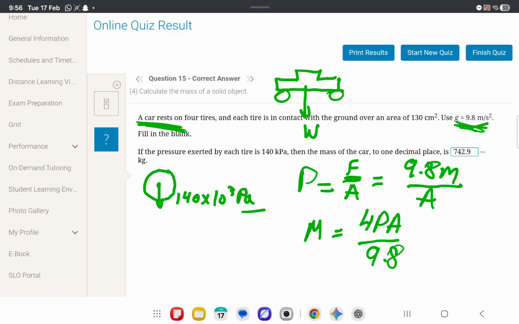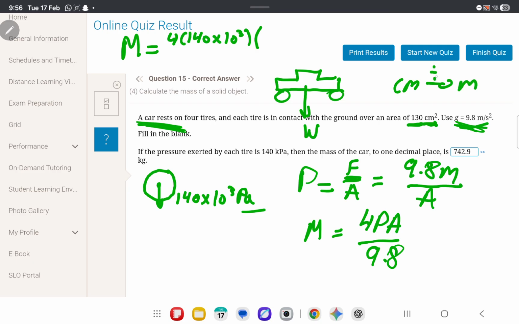Now, 4P. P is 140 times 10 to the power of 3. Actually, I'm going to write up here. M is equal to 4 into 140 times 10 to the power of 3 times my area. My area is 130 centimeters squared. But remember, centimeter to meter, divide by 100. But square it, you get 100 squared, times 10 to the power of minus 4, right? So it's 130 times 10 to the power of minus 4